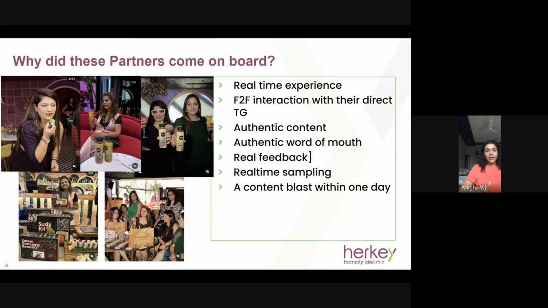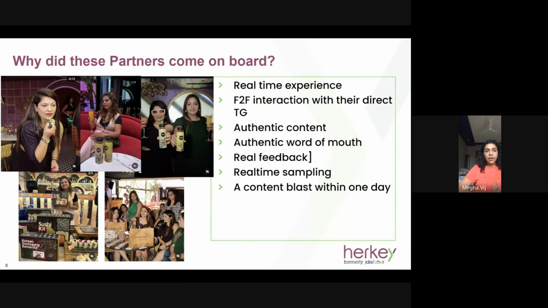So content quality became a no-brainer for us. It became an issue we don't have to solve at all, and we don't have to give guidelines to creators. The venue is going to do the job of making our content look beautiful and lively. So that happened, and that is within a day. So imagine if I'm doing an influencer collaboration with a brand where I'm bringing them 30 influencers in a month versus bringing 40 influencers within one day and doing a blast of content. That obviously takes the cake, which is why our entire brand portfolio changed.